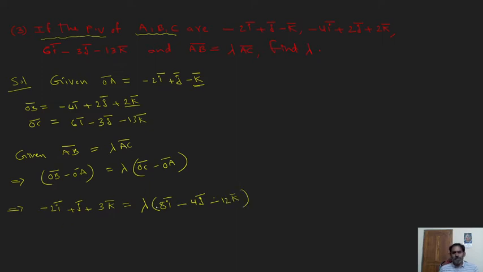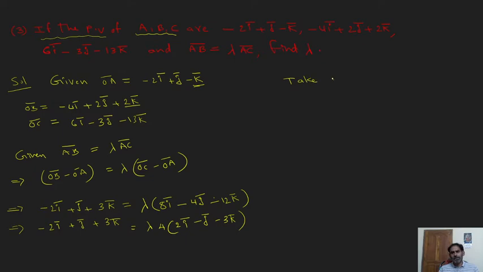So here observe this, we can take 4 as common on the left side and the right hand side. Minus 2I bar plus J bar plus 3K bar equals lambda into 4, right outside, 2I bar minus J bar minus 3K bar. Now they are asking for the lambda value, that's why take modulus on both sides.